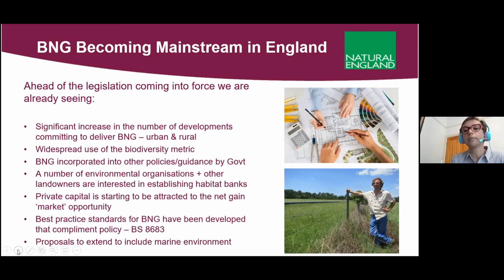It sets out the best practice approach for biodiversity net gain. And it's unique, it's a first in the world as well. So we're quite proud that that's now out there. And there's work looking at potentially developing that as an international standard. And there's also work about potentially extending this whole approach to the marine environment. So at the moment, it's all focused terrestrially, but there is work underway looking at its potential to extend it to the marine environment.